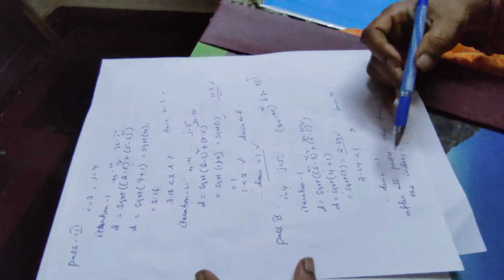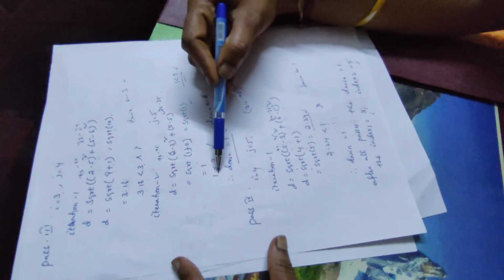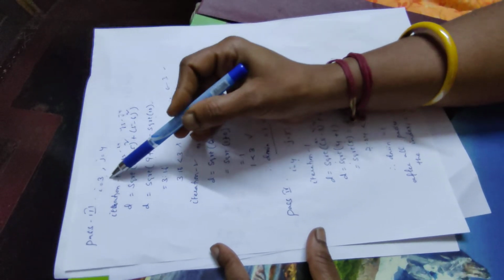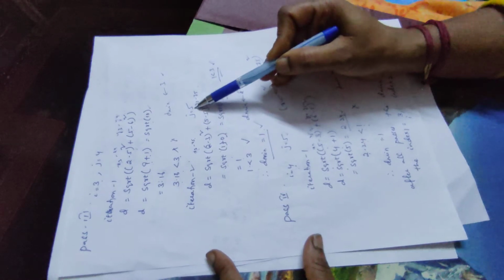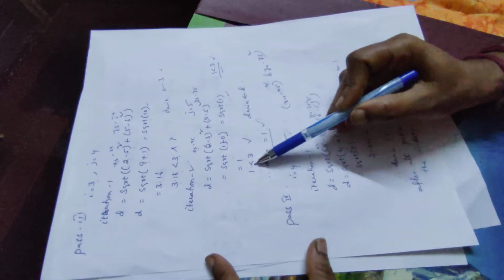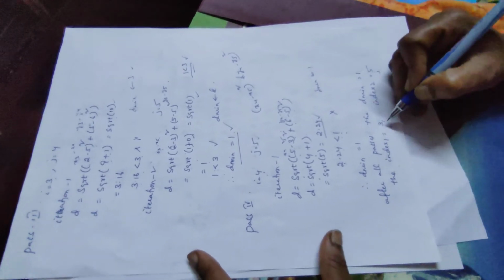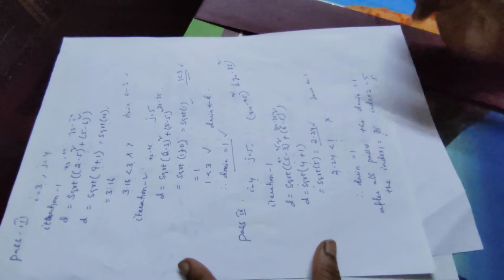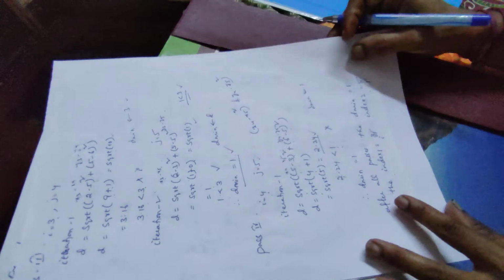So where are you getting 1 as your distance? See, in your third pass your i becomes 3. So when your i is 3, what is your j value at this position? j is 5, you get the minimum distance as 1. So it will return that index. So index 1 is the i value, it returns 3, and index 2 is the j value, which is 5. So at these 2 points you get the minimum distance as 1. So that is your answer.